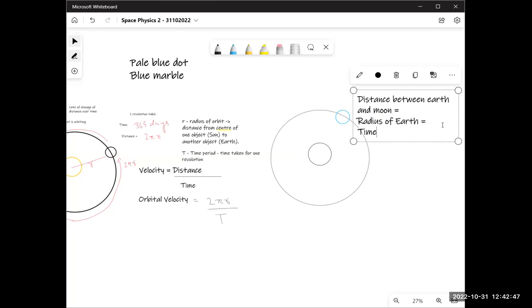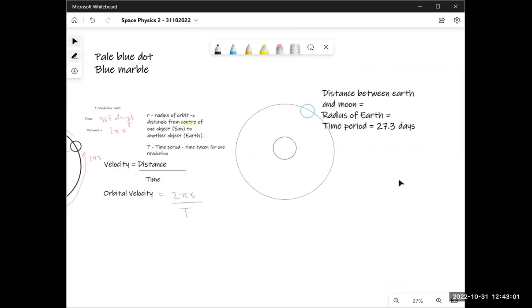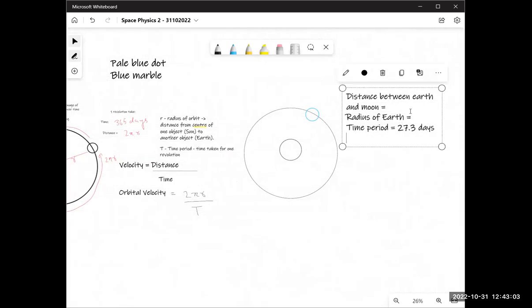Now time period is also given to you. We did in the last class that the time period is 27.3 days. And what else do we need to know? We know that, yep, everything is given. Now start solving the question. I'll tell you the distance, just a second. The distance is